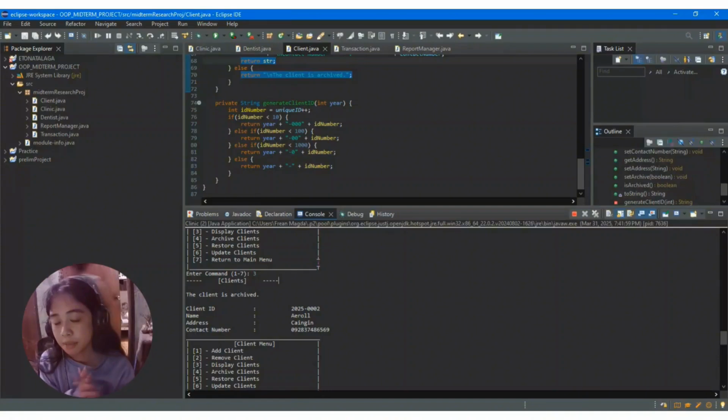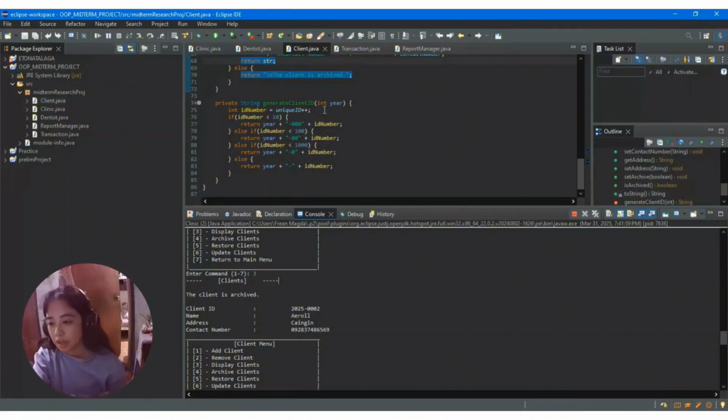Even with the same information, you can identify them. Here, we made it private so that it is not accessible outside the Client class. First here is the int ID number equals unique ID increment.